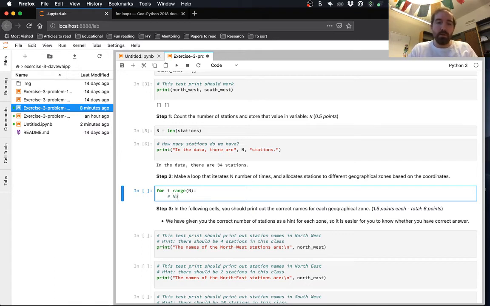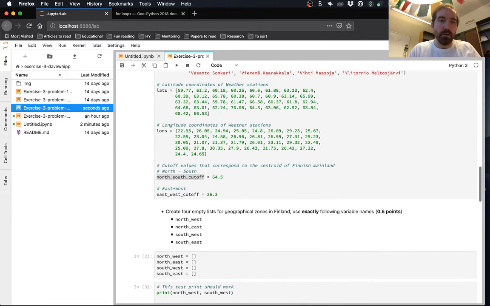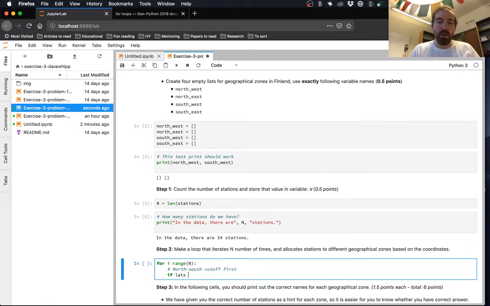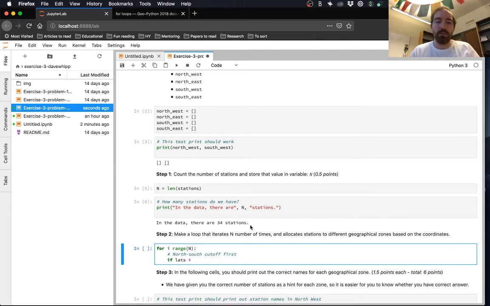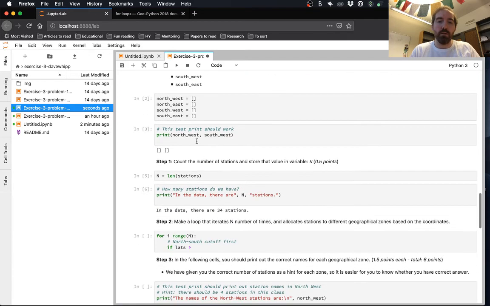So we'll do the north-south cutoff first. We have an if statement, and our condition is to say that if the latitude of the current station, so if, I think it was called lats, yep, if lats is greater than the north-south cutoff, which was our variable name for the latitude where we decide that things are either northern or southern.